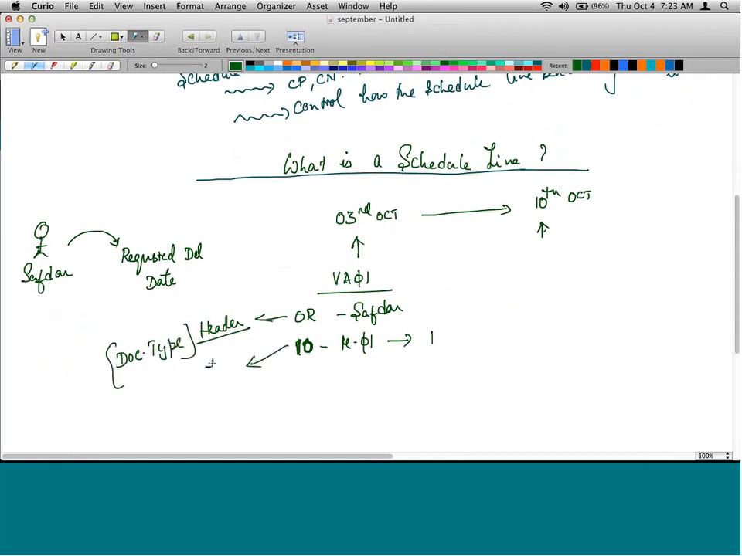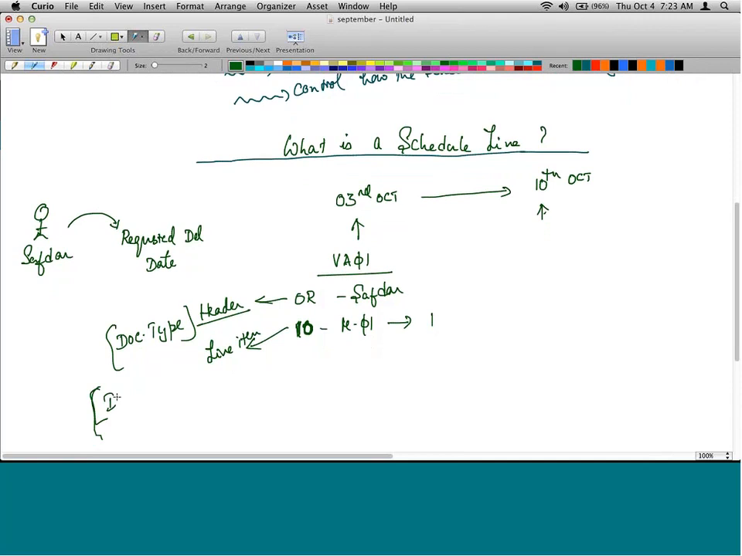This is the line item, controlled by item category. And as soon as you enter this line item and hit enter, the pricing and everything for that line item will be determined. And if you go to the line item level details and go to